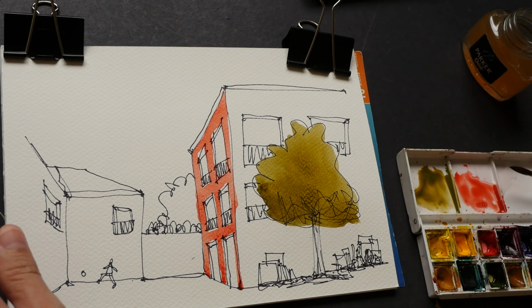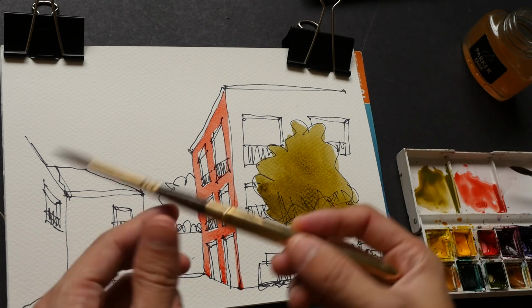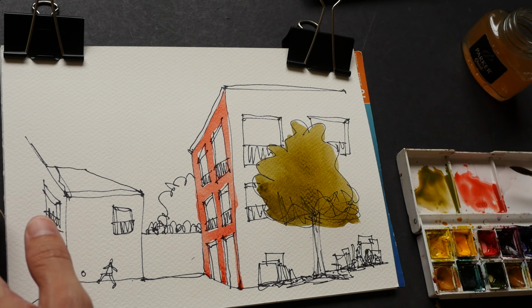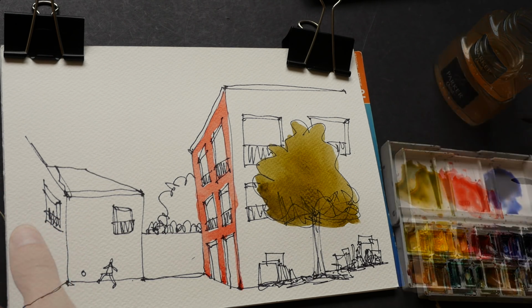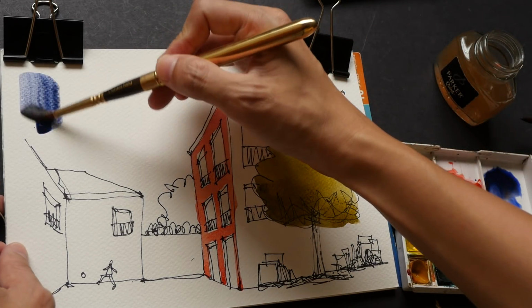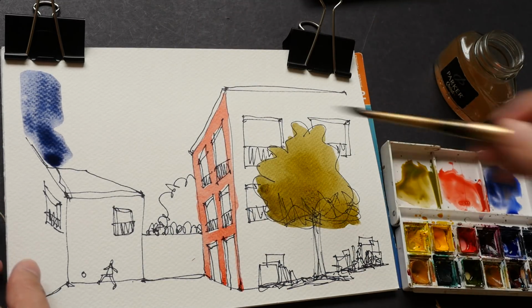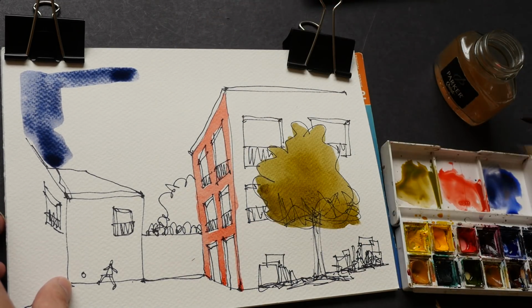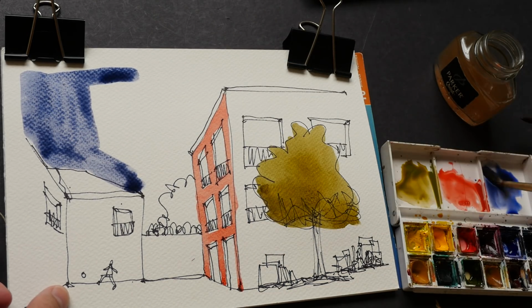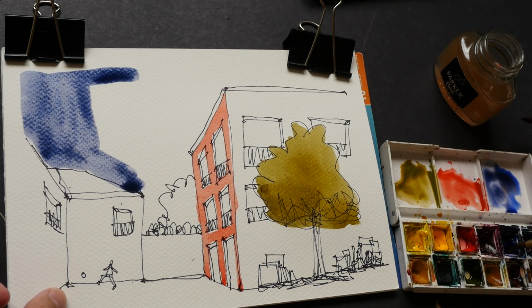Now for the bigger area for the sky, I may use the same brush or I will use a larger brush. In this case, I'm using the size 8 from Escoda now, just to paint in the sky. Usually when I'm outdoors, I only bring one brush. So I will bring the size 6. But if I'm at home, I can use different sizes of the brushes, and it's much more convenient that way